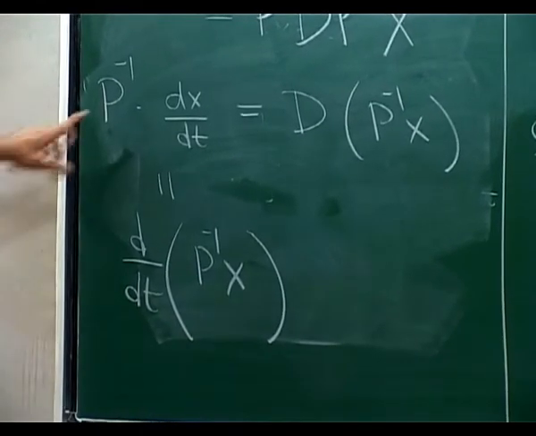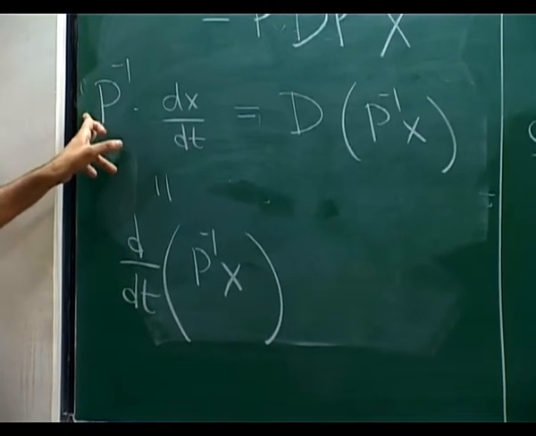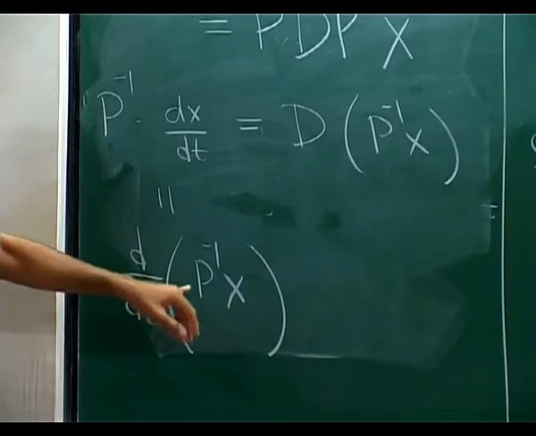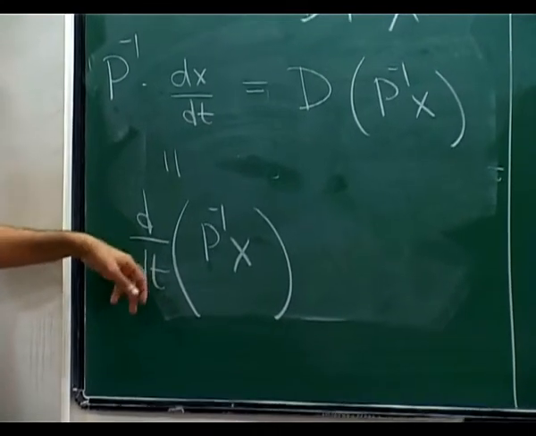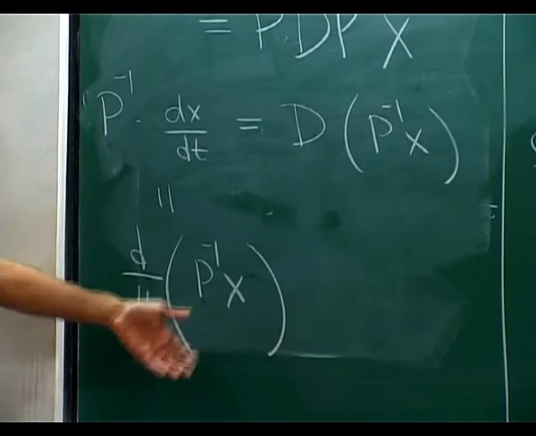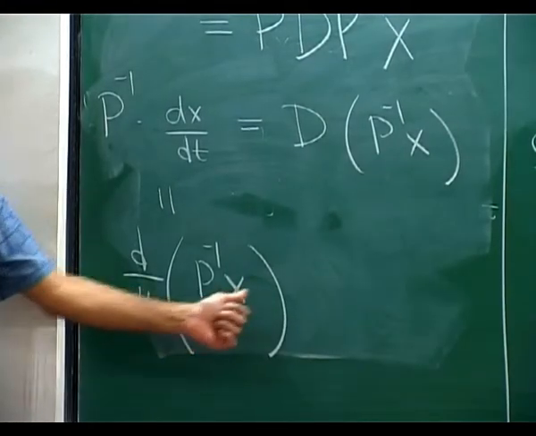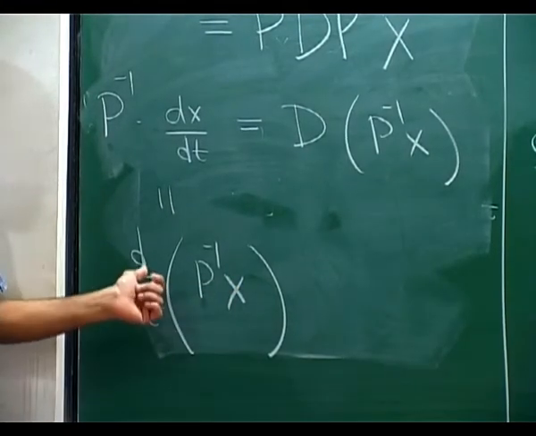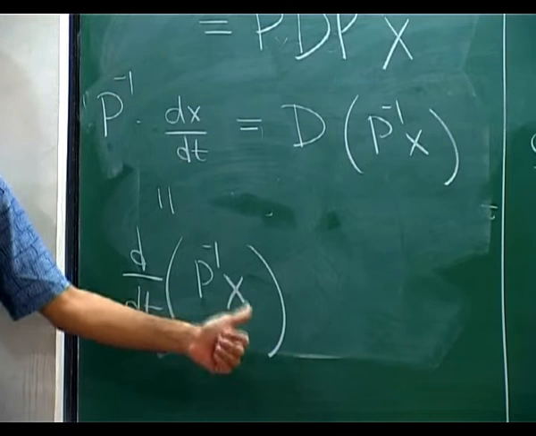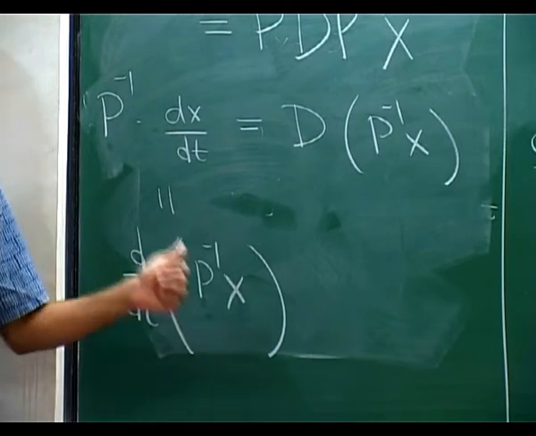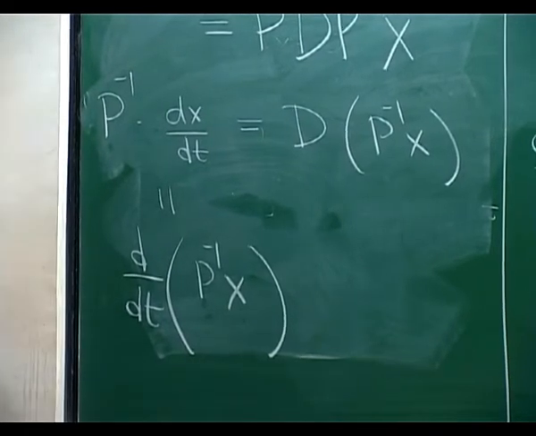I am saying you first take the derivative of X and then multiply by P inverse, but this is the same thing as first taking X, multiplying it by P inverse and then doing differentiation. One way to see this is by the product rule for derivatives, which is also true in the context of matrices. If I do the product rule on this product, I get two terms. The first term is the derivative of P inverse times X. The second term is P inverse times the derivative of X. But P inverse is a constant matrix. It doesn't have any t in it. It just has 4 numbers consisting of the inverse matrix of P.